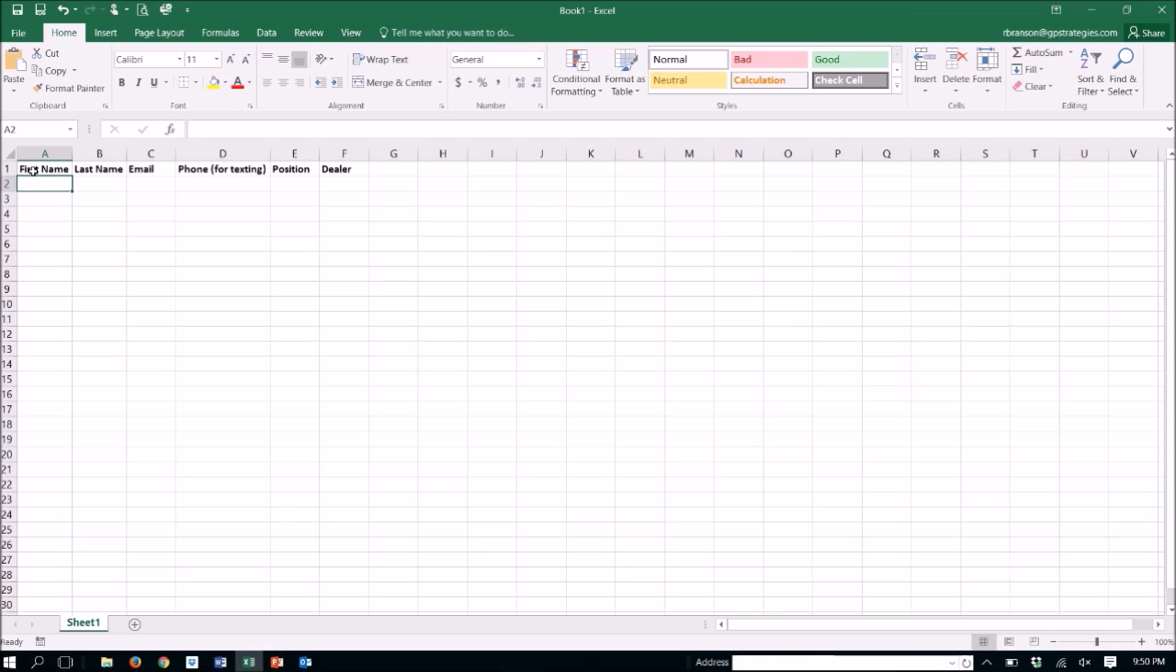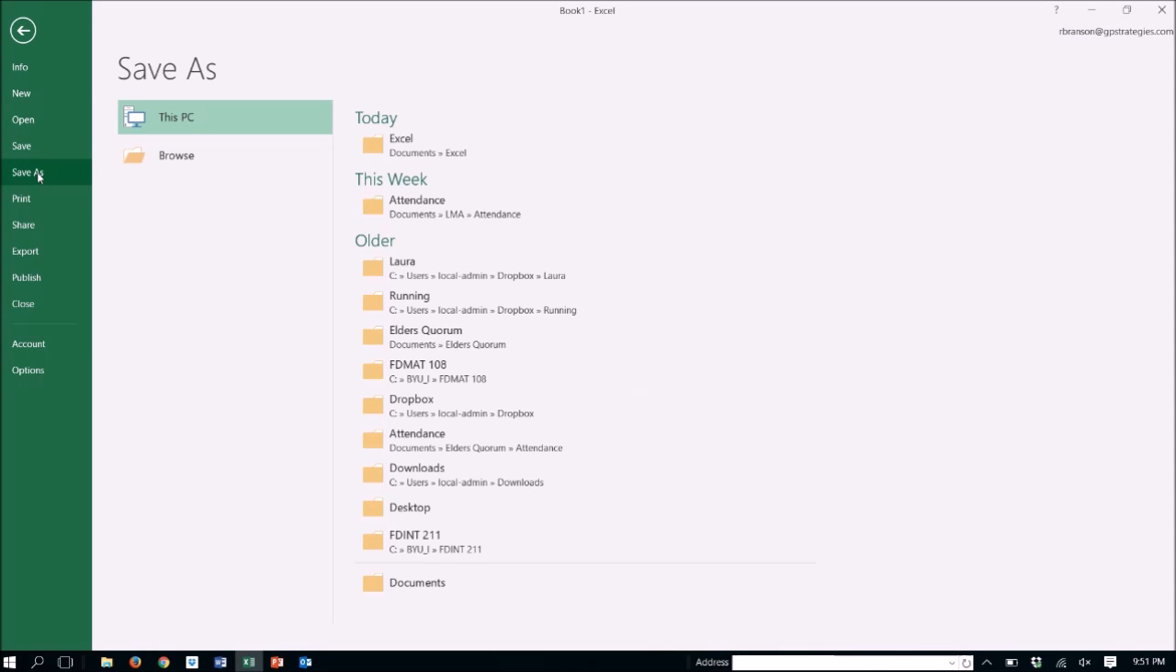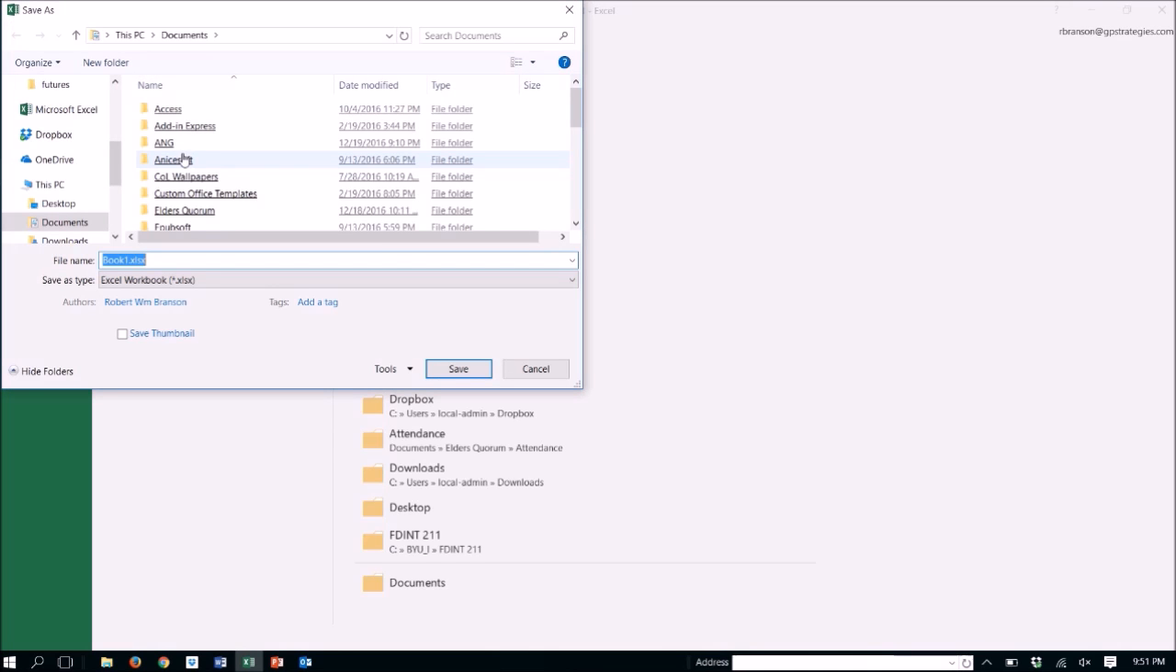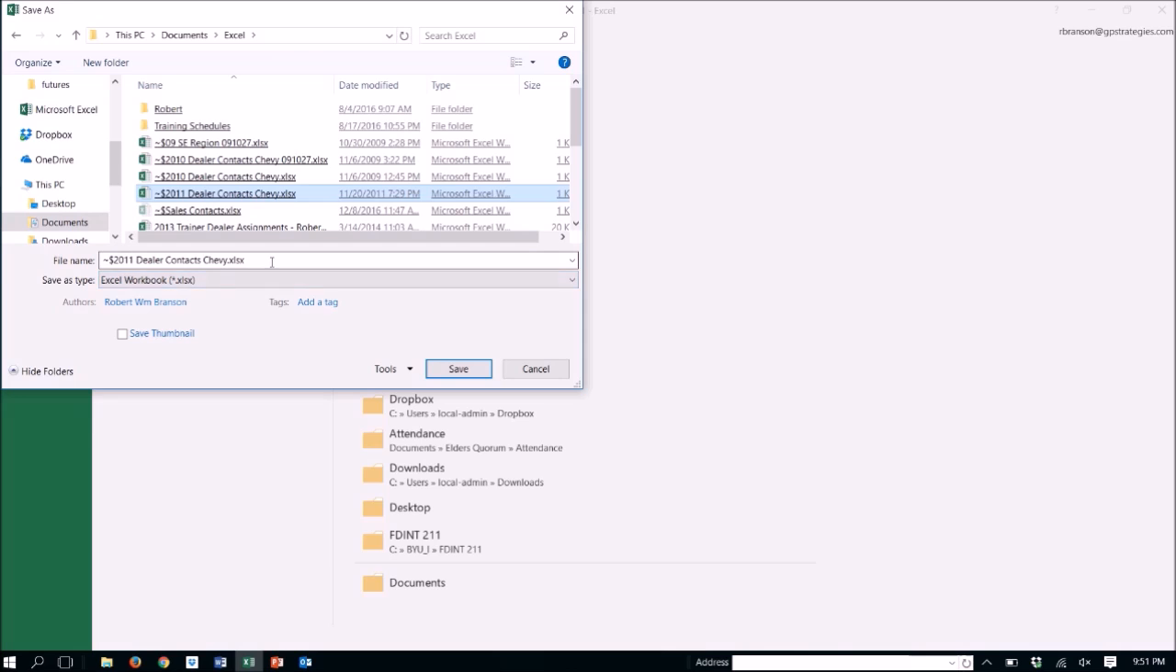So what we've done is I've put the headers up here of the information that I want to gather from my salespeople. So I'm going to go ahead and save this file as the master. Go up here to the top left where it says File and click on File, and then just go down here and touch on Save As. Now you can put this wherever you want. You can put it on your desktop, you can put it into some sort of a folder that you've created. So I'm going to go out here to Browse, and I'm going to look on my computer and put it in Documents, and then I want to put it down here in Excel, and I'm just going to call it